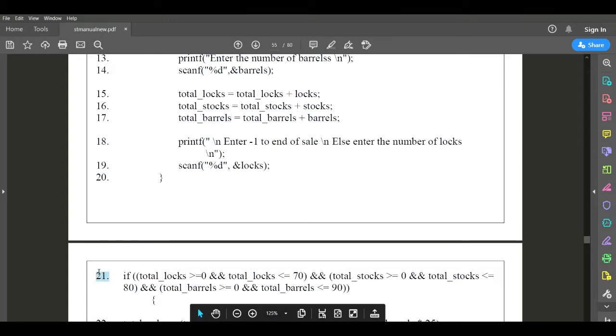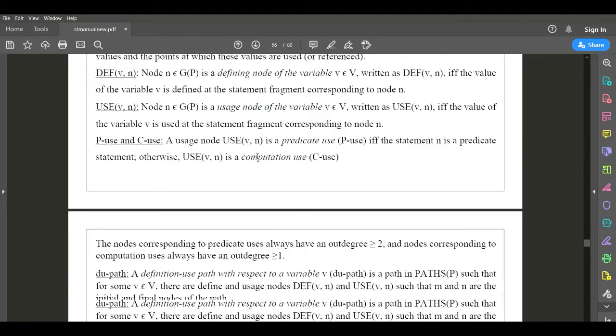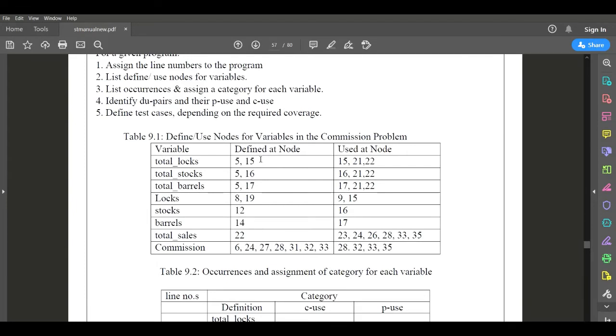Line number 21. In line number 21 I am using all these redefined variable values. Therefore 15, 16, 17 will be the defined nodes, and 21 you can see here, 21, 21, 21, this is what?